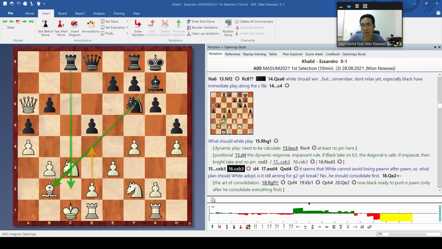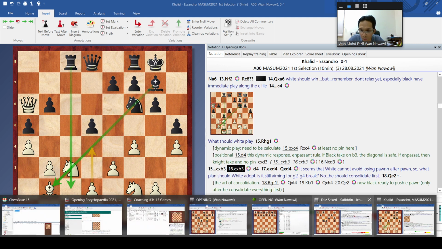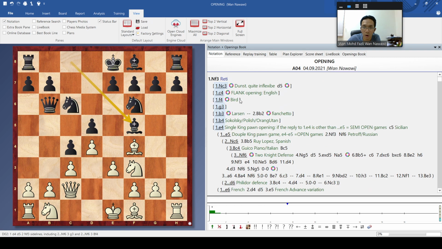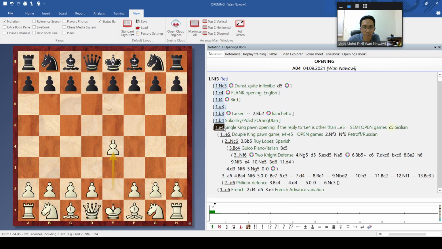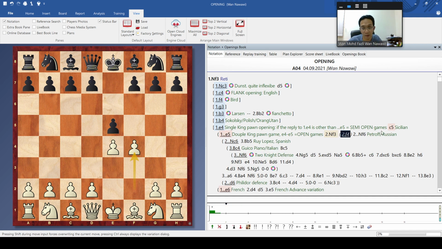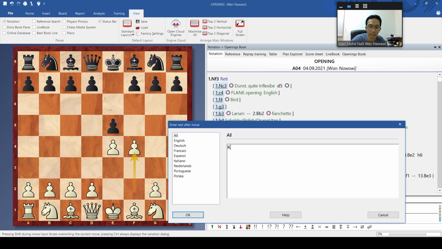You play Gambit. Okay, let's go a little bit on the opening part. Oh, there are a lot here. Where is the thing? Let me see. Okay, so this opening again. In the opening, if you play e4, e5, sometimes if you are black, you will see, normally long time ago, this type of opening is famous. This is what we call King Gambit.